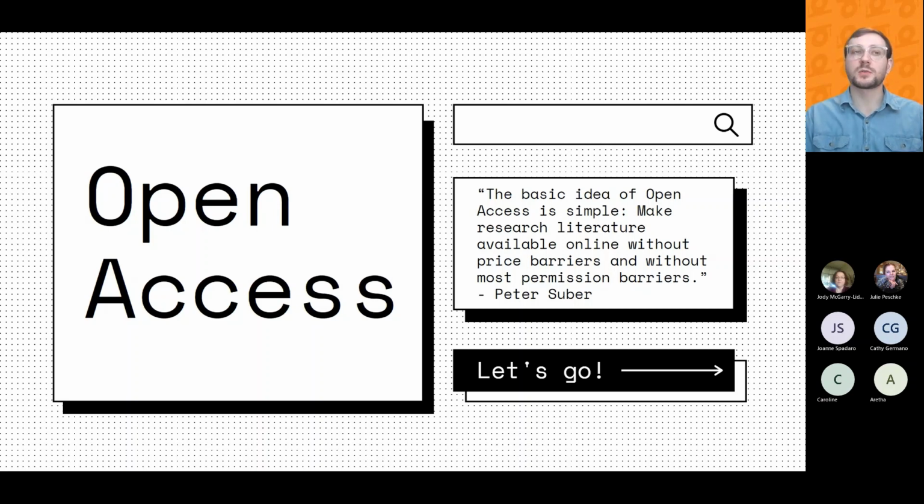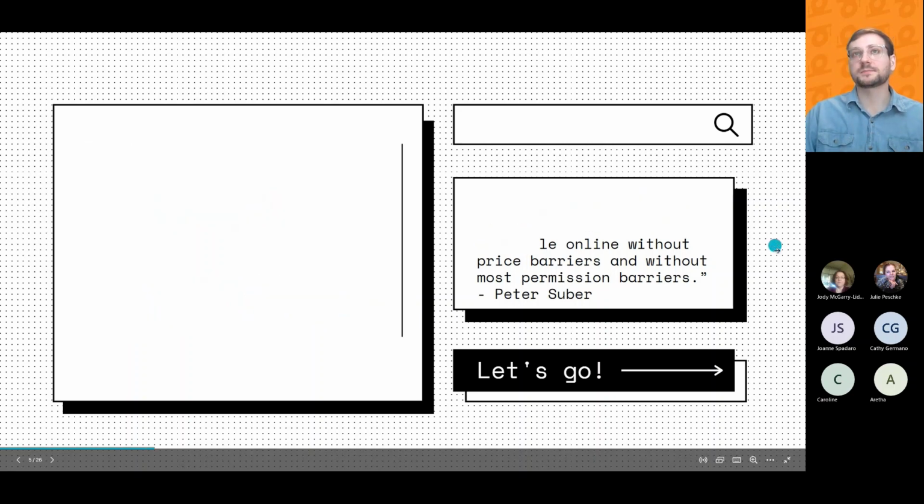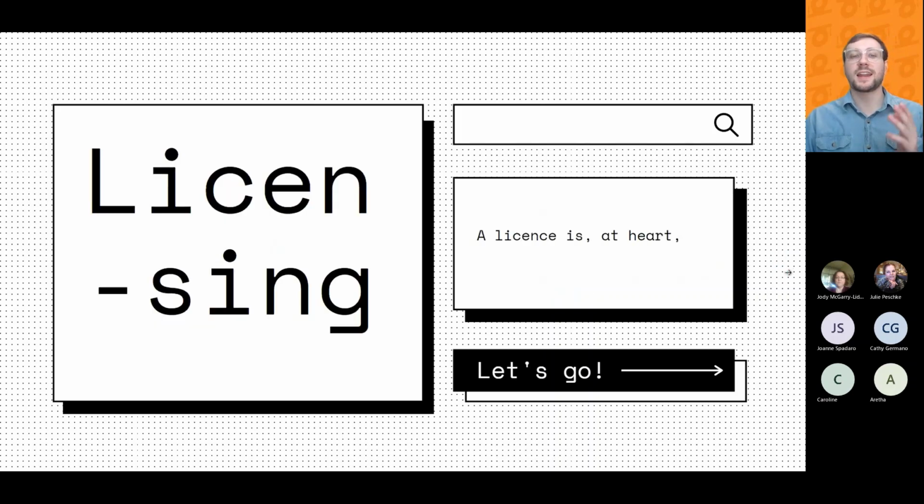And apologies to those who attended yesterday's session. There's a little bit of overlap, but I feel like this is really important to talk about. So we're going to talk about licensing first, just to get a better idea of what that is. At its heart, a license is about permission. In the context of copyright, a license is about the permission granted by the copyright owner to another person to use a copyright protected work. That's subject to terms and conditions, maybe like payment.